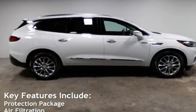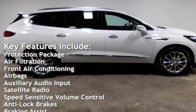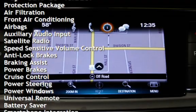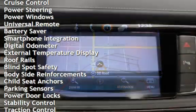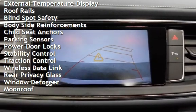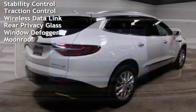Key features include protection package, air filtration, front air conditioning, airbags, auxiliary audio input, satellite radio, speed-sensitive volume control, anti-lock brakes, braking assist, power brakes, cruise control, power steering, power windows, universal remote, battery saver, smartphone integration, digital odometer, external